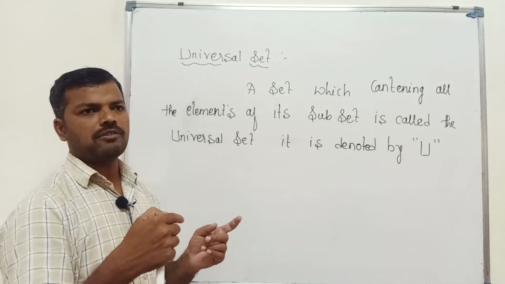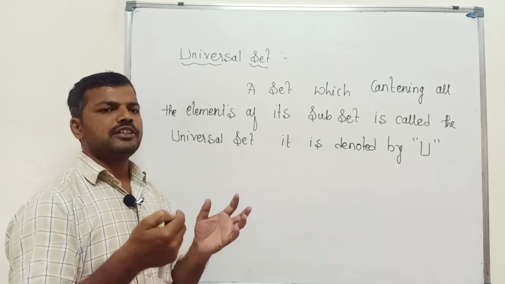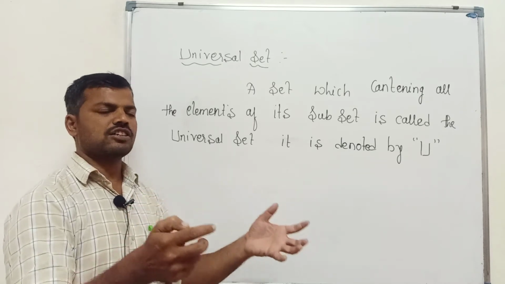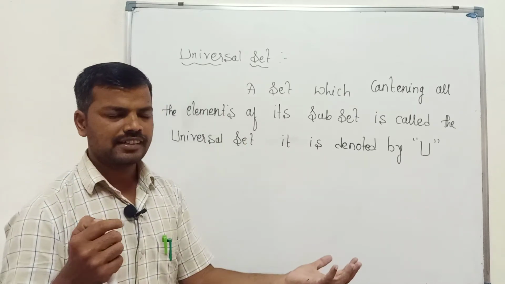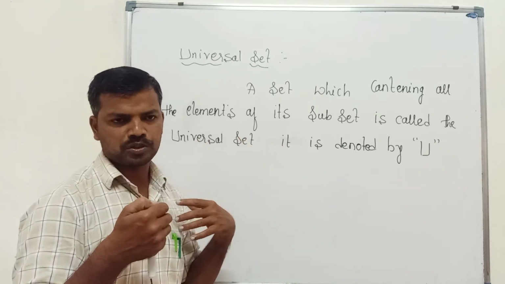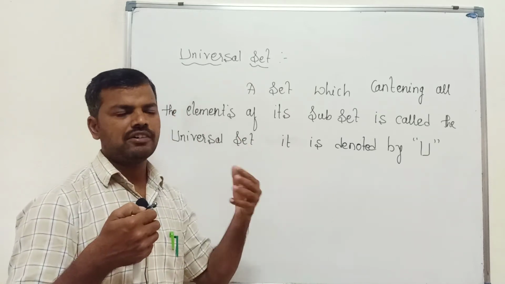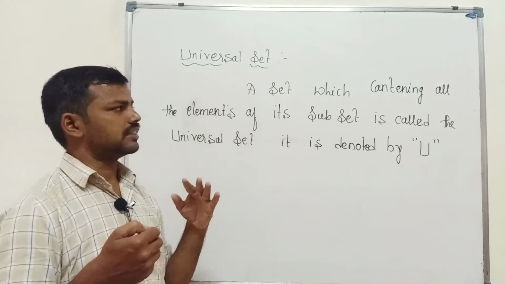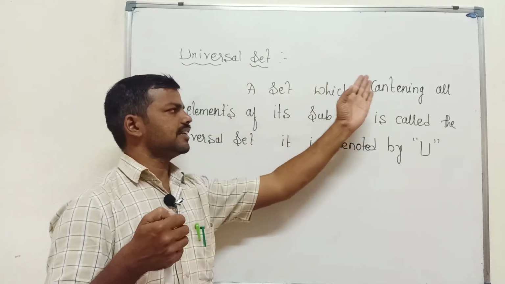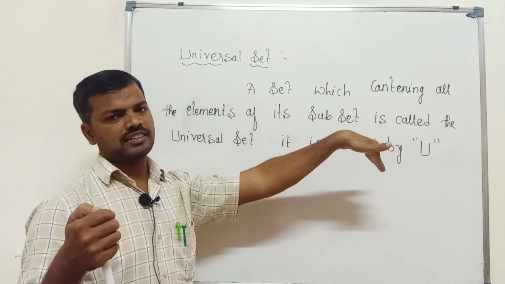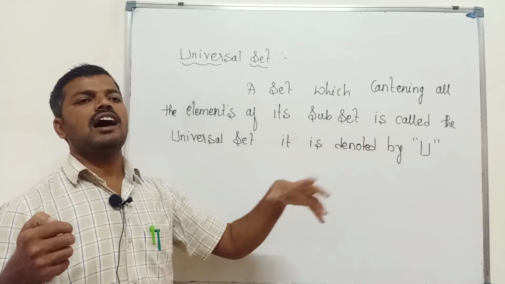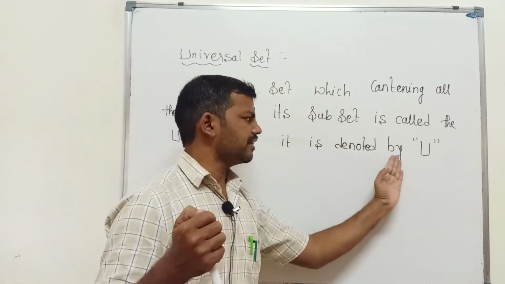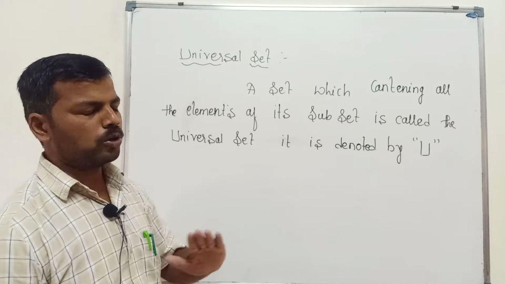What do we mean by the power set, how is the power set defined? It is nothing but the collection of all subsets of a given set; the collection of all possible subsets from a given set is called a power set. Next we have studied the universal set. The universal set is a set which contains all the elements of its subsets, ಅದರದ್ದು ಸಬ್ಸೆಟ್ಸ್ ಯಾವ್ಯಾವ್ದವ್ರಿ ಆ ಸಬ್ಸೆಟ್ಸ್ ಎಲ್ಲ ಎಲಿಮೆಂಟ್ ಇರುವುದಕ್ಕೆ ನಾವೇನಂತೀವಿ ಯೂನಿವರ್ಸಲ್ ಸೆಟ್, and it is denoted by the capital U. So this is what we have studied.